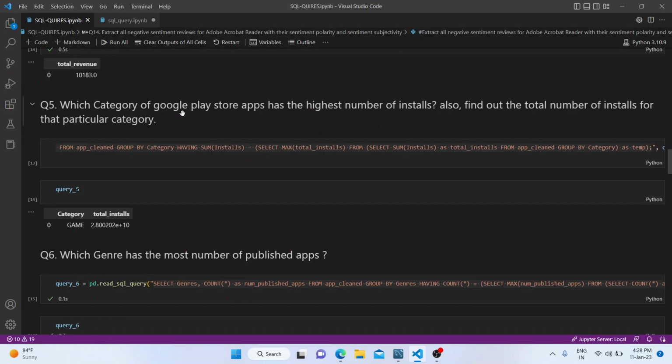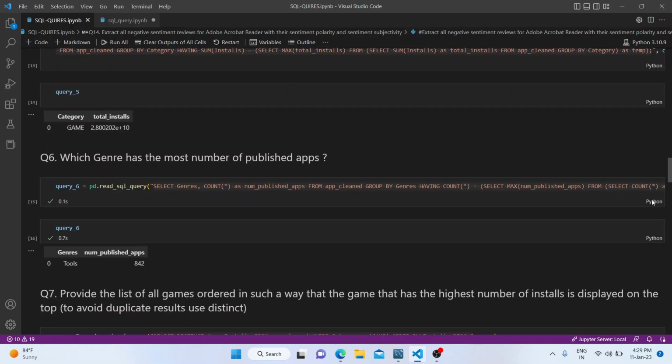Which category of Google Play Store apps has the highest number of installs? Also find the total number of installs for that category. So we have category game with this many installs. Which genre has the most published apps? Genre tools has 842 apps.